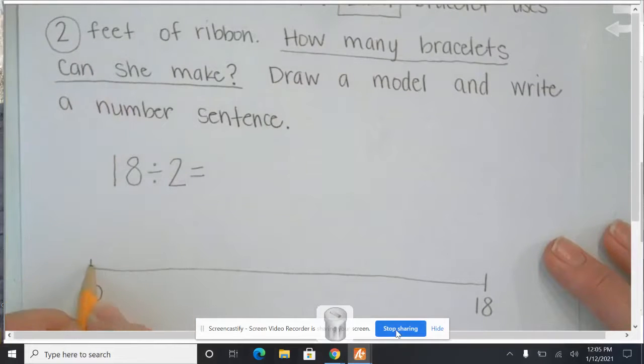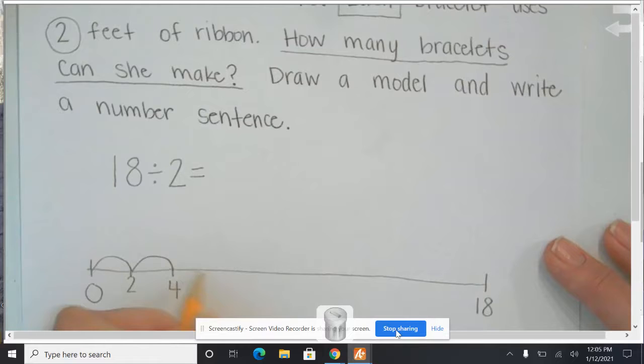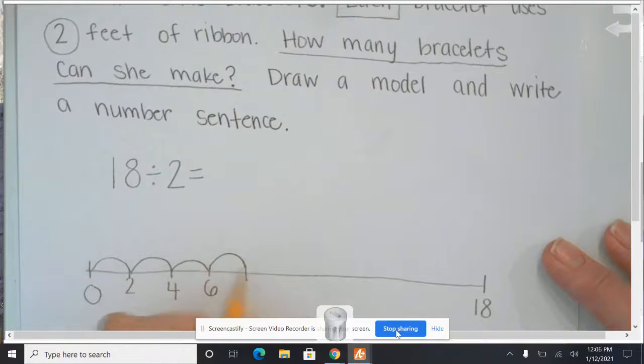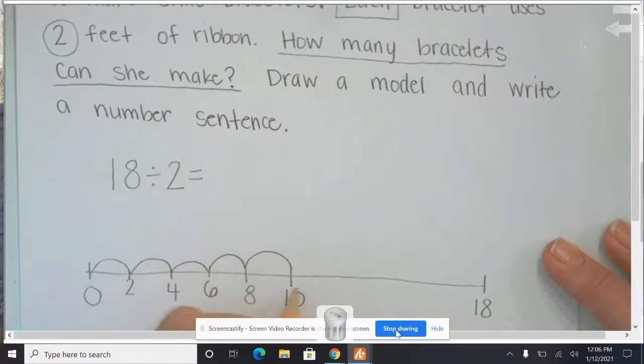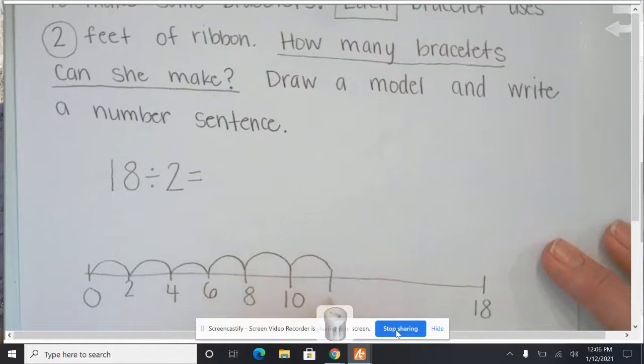So I can jump by 2s on my number line until I get to 18 and find out how many jumps I made. So 2, 4, 6, 8, 10, 12, 14,